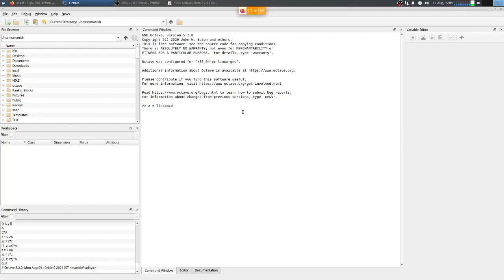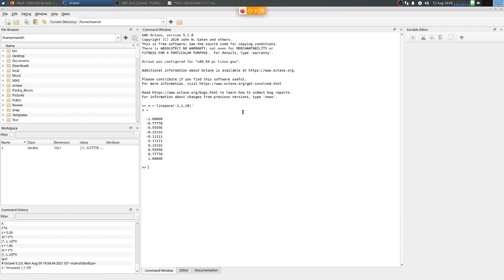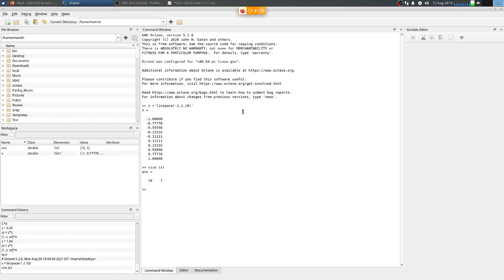equidistant. So linspace is the command for linearly spaced divisions between any interval. So I give minus 1 to 1 and I need 10 intervals. Normally it will give me a row vector, so I want a column vector, so I transpose that. As you can see, these are the points which divide the interval minus 1 to plus 1 into 10 equal segments, and you will find that these are